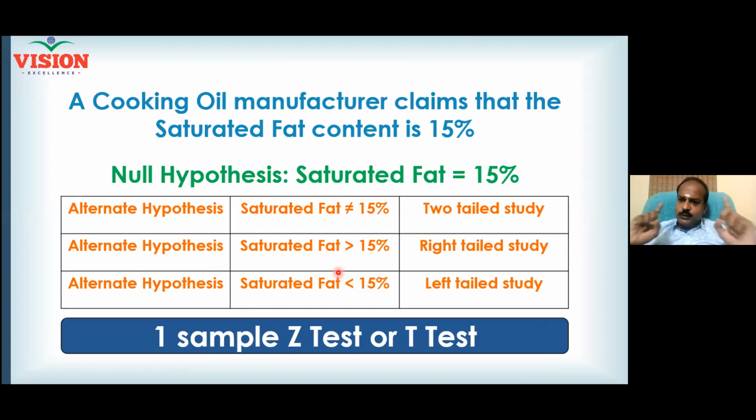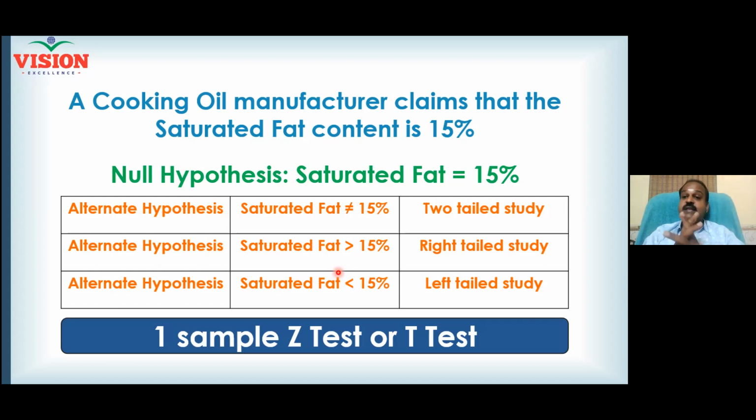When you are studying two samples, for example, I have Maggi one side. What is another noodles product? Can you give me an example? Hippie. One is Maggi this side, other one is Hippie noodles this side. I wanted to know which one is too good for the health, maybe based on lead content. Now I am not comparing a sample against a population. Now I am comparing a sample against another sample. Hippie is compared against Maggi, or Maggi is studied against Hippie.